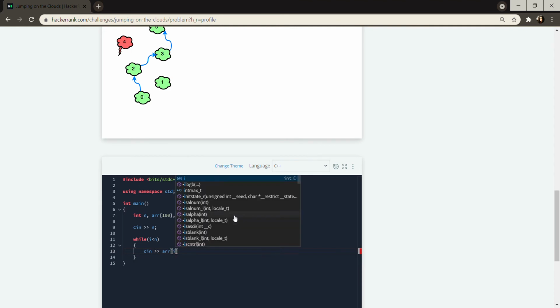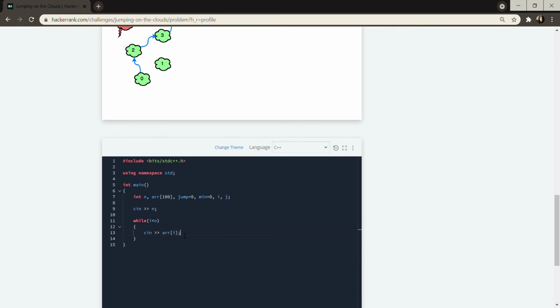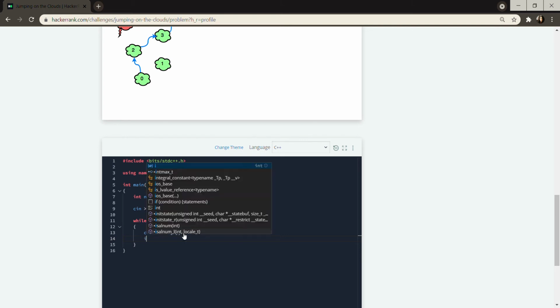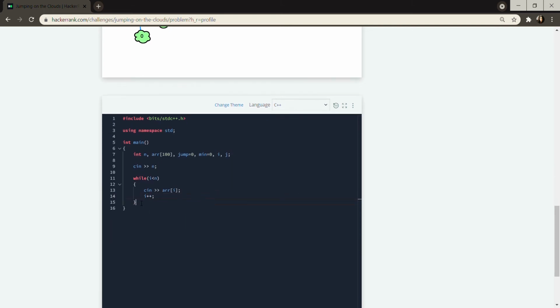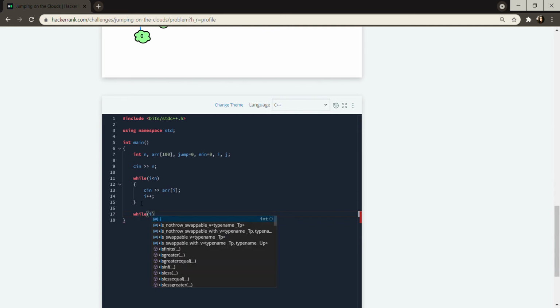Okay, so we'll be getting this entire array, which will come as an input to us, I plus plus. Now the main logical part. So what we are doing is while I is less than n